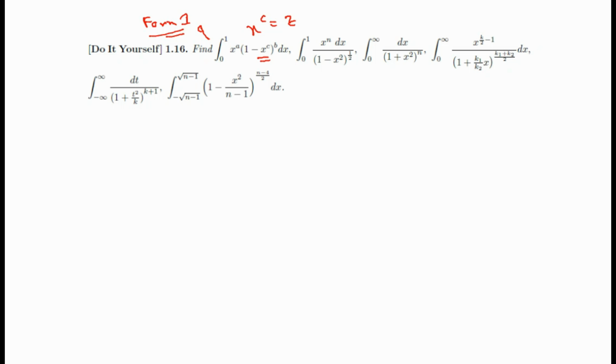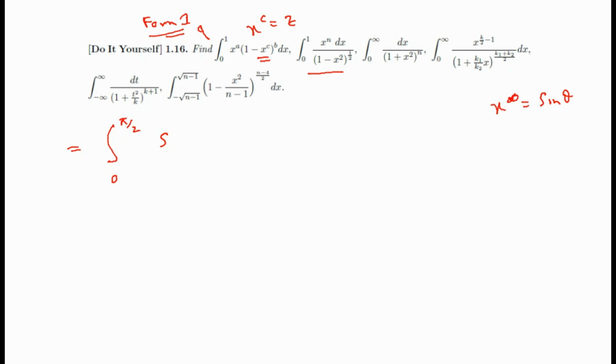Okay, if we do x equal to sine theta, then we can get 0, and if x equal to 1, then we will get pi by 2,